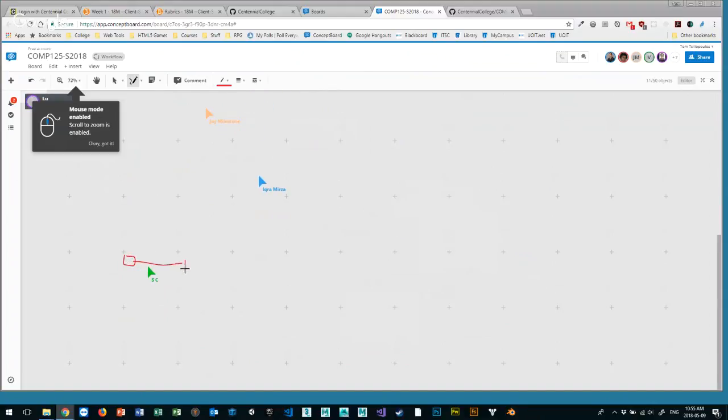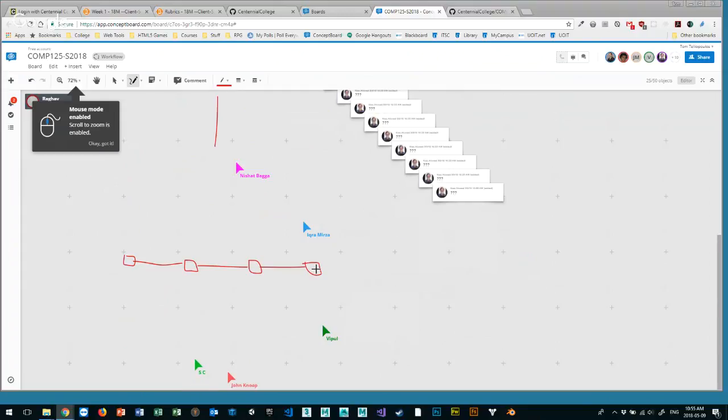And maybe I have some additional commits. I have another commit and another commit. This is a map of my development journey. I'm developing my objects here, commit, commit, commit. And this big line of commits is called the master branch. But what if I want to add a feature, or do some debugging? I don't want to mess up my master branch because maybe it's working right now. So what I can do